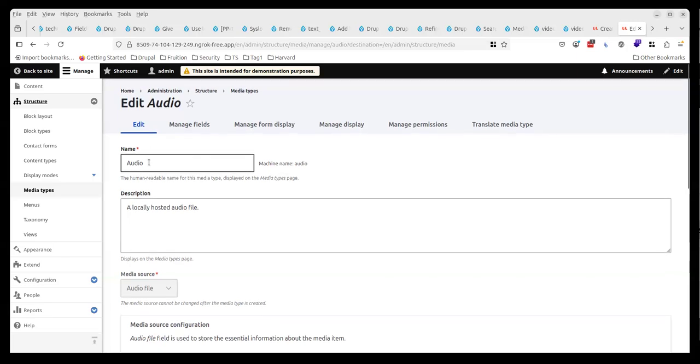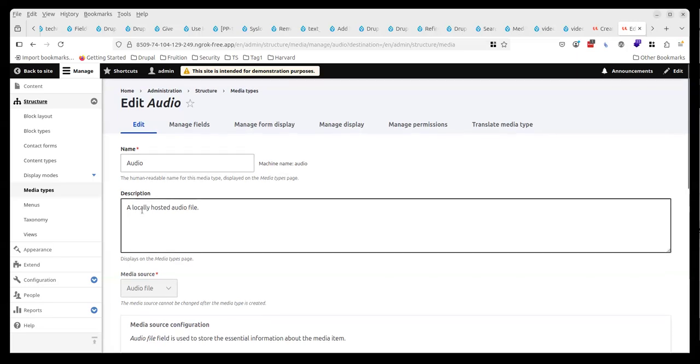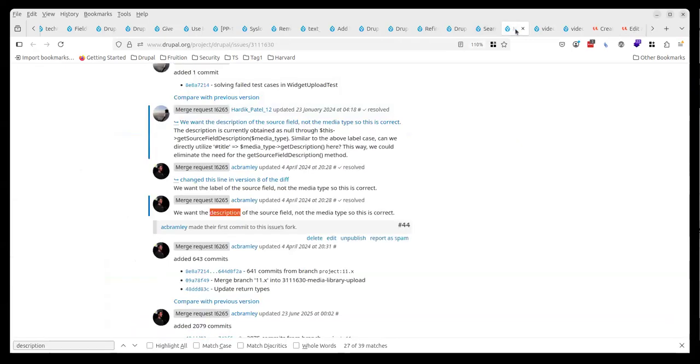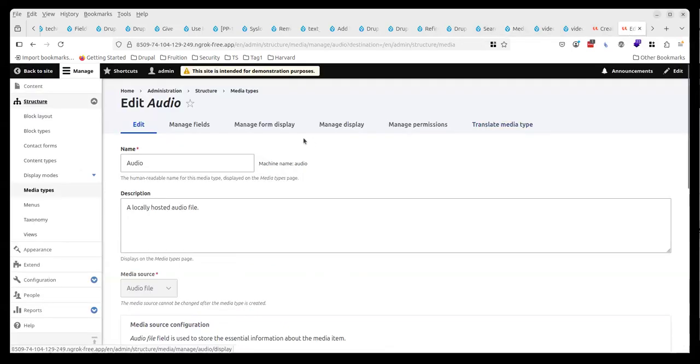So this would be the name and description of the media type. Yeah. Ah, so maybe, and they're saying we want the description of the source field. So maybe I am looking at the wrong thing. Maybe I should go to content types,